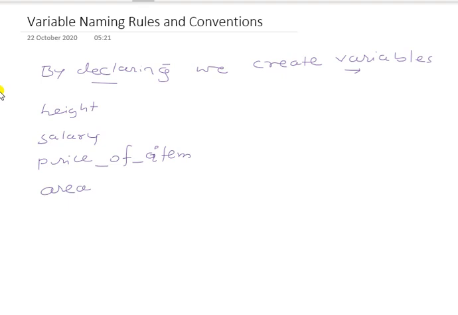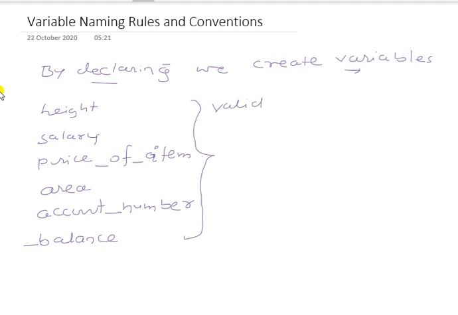Similarly, balance, account number, balance, like this. So these are all valid variable names, we call them valid or legal variable names. Why?